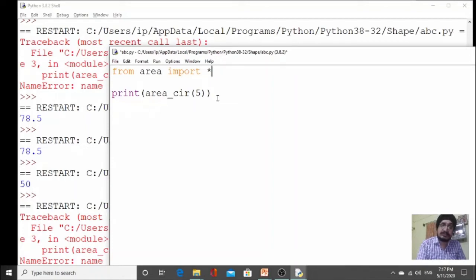So you can use any function if you are using this all or asterisk symbol, though it is not a very safe practice, and you should avoid this because it may lead to some confusion of namespace, which we'll discuss further. But it is a convenient way to import all the functions from a module.